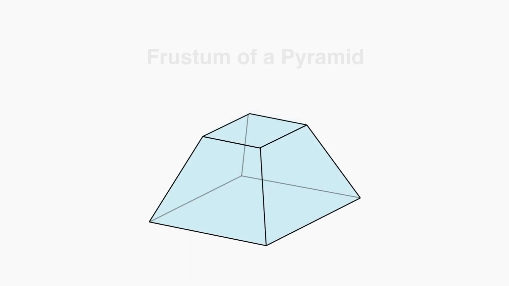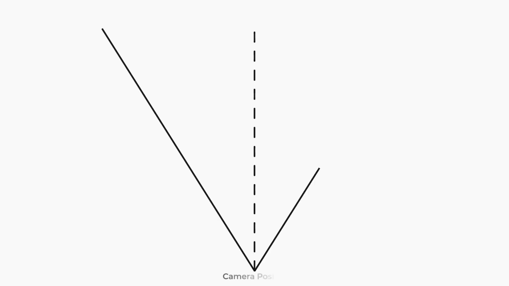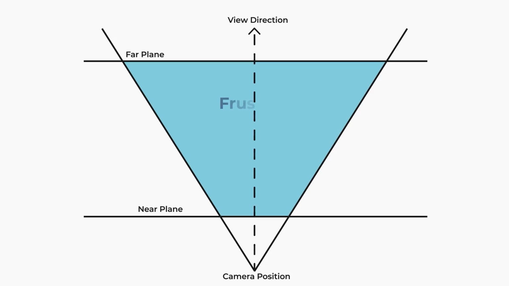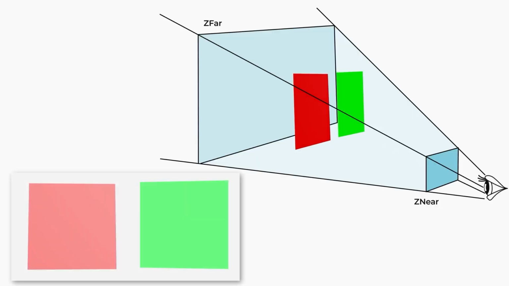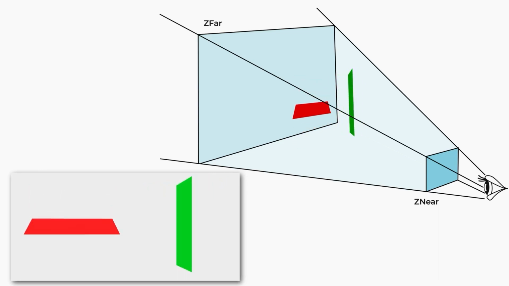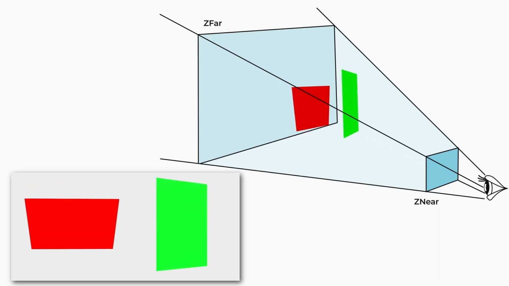Imagine the frustum as a truncated pyramid, where the top and bottom faces are parallel but of different sizes. This geometric shape serves as the viewing volume, determining what objects are visible to the viewer, and how they are projected onto the screen. The frustum effect makes the image appear stretched and skewed, enhancing the perception of depth along the Z-axis to transform a 2D image into a 3D projection.